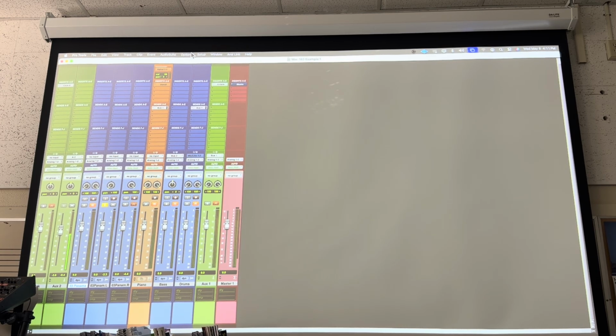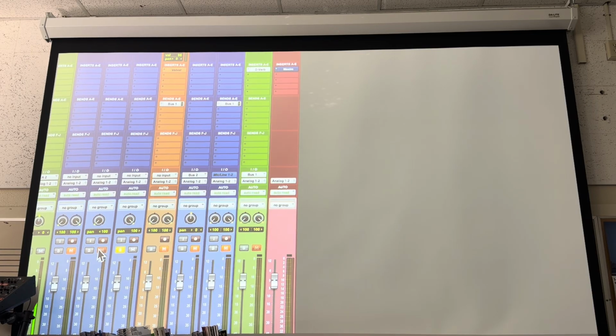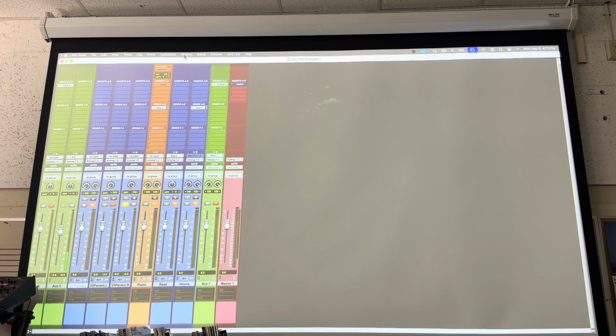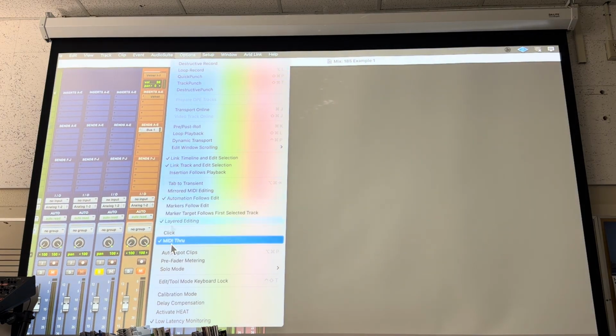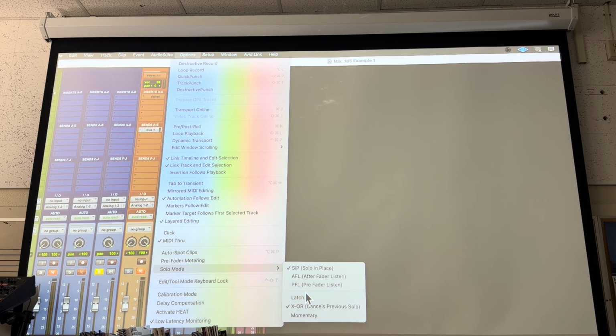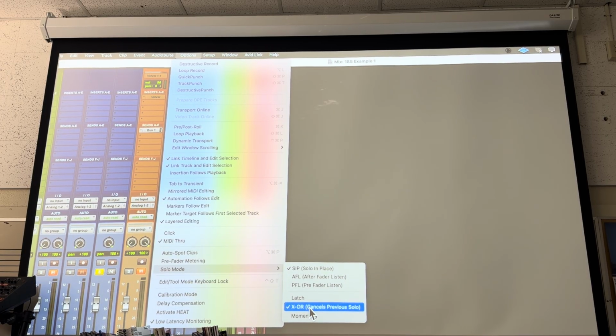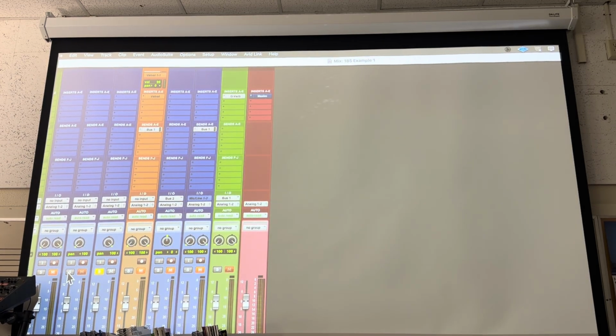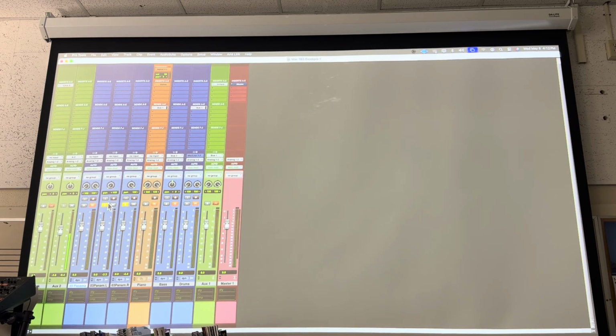Oh, I have to take it off. By the way, what I did here, normally when you solo something, you can keep adding solos to it, but I changed the solo mode just so I could flip between the two. That's under options, solo mode. And normally you should be on latch when you're using it, but sometimes you want to be able to make a quick switch without having to change the solo. That's what the XOR is. So anytime you press a solo, it cancels the other solo, and it only solos the one track. So now if I solo the two together,